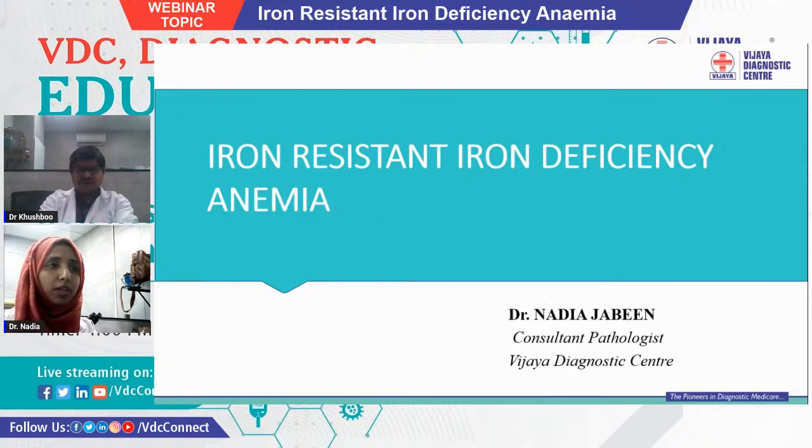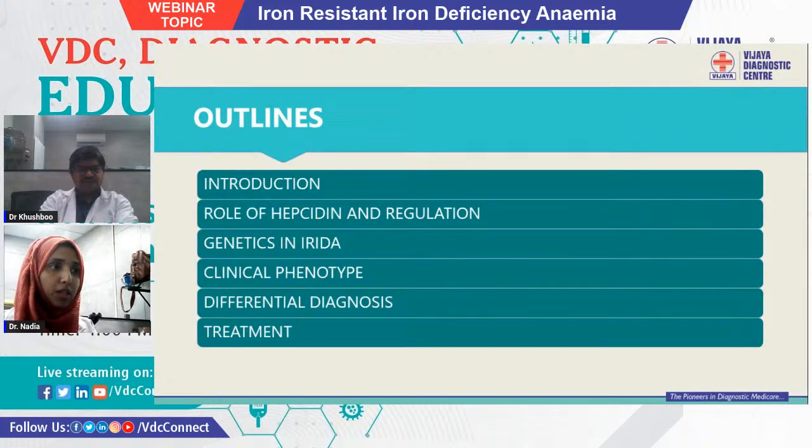So this is a relatively newer condition, which is an autosomal recessive disorder, and is generally misdiagnosed or underdiagnosed in children as well as adults because of lack of general awareness, and also because of lack of a definite plan of approach to such cases. So I'll be discussing these topics under the following headings: introduction, a brief overview of the